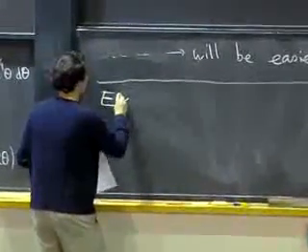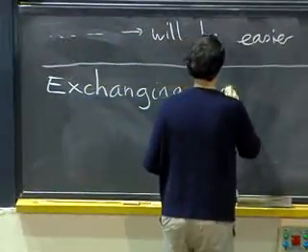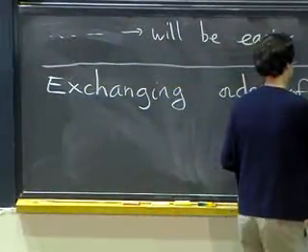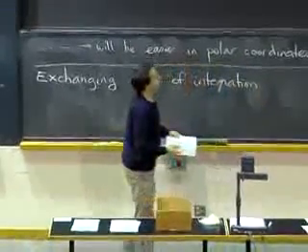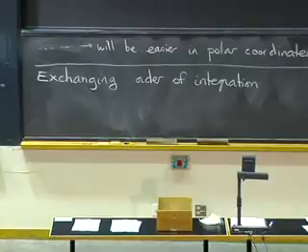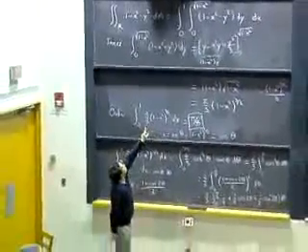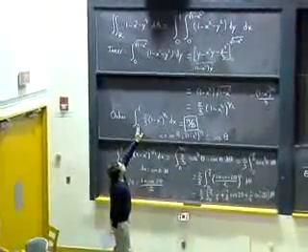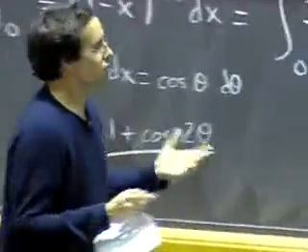Okay, so one thing that's kind of interesting to know is we can exchange the order of integration. So if we have an integral given to us in the order dy dx, we can switch it to dx dy. But we have to be extremely careful with the bounds. So you certainly cannot just swap the bounds of the inner and the outer, because there you would end up having this square root of 1 minus x squared on the outside, and you would never get a number out of that. So that cannot work. It's more complicated than that.